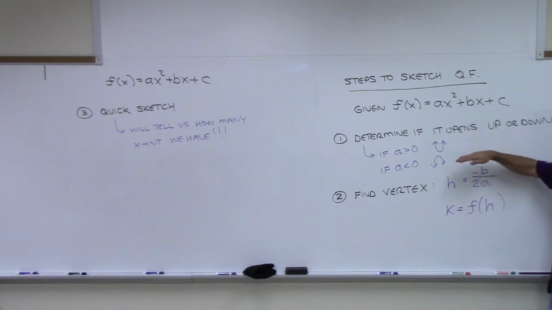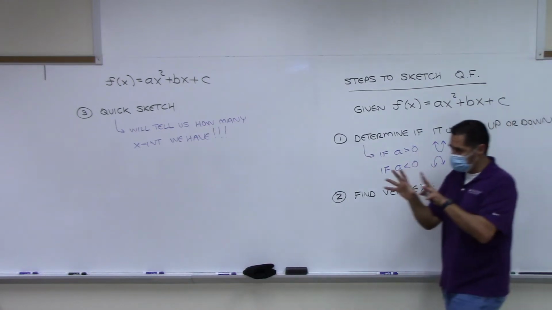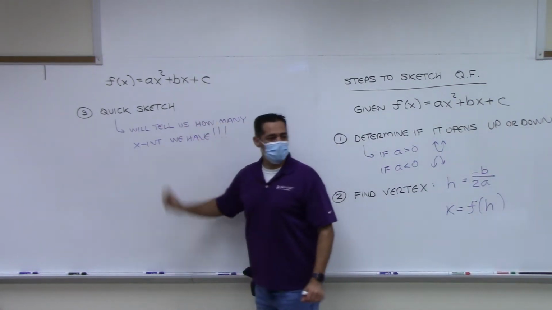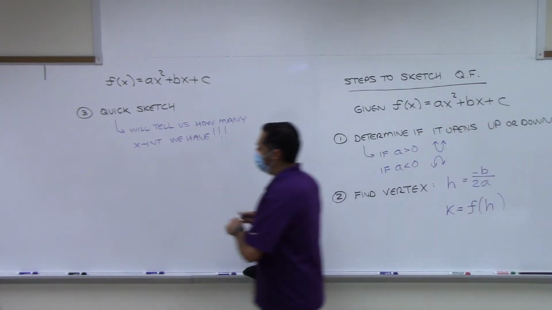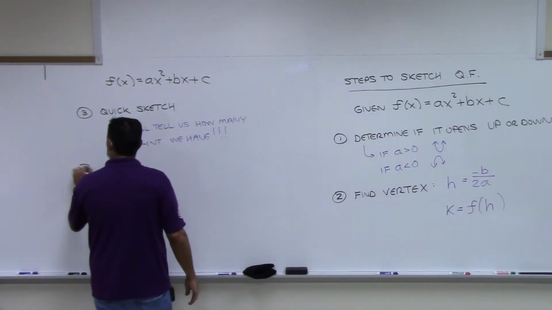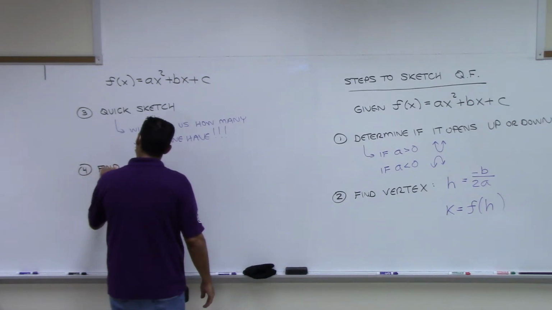We know two things at this time. We know if it opens up or down, and we know where the vertex is. With those two pieces of information, we should be able to draw a quick sketch of what we have, and that will tell us how many x-intercepts we have. All right? So step 4 is going to be to find the x-intercepts